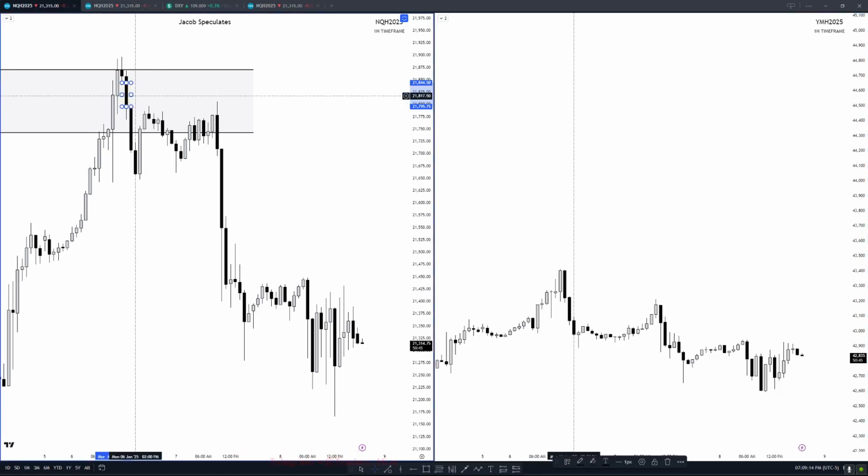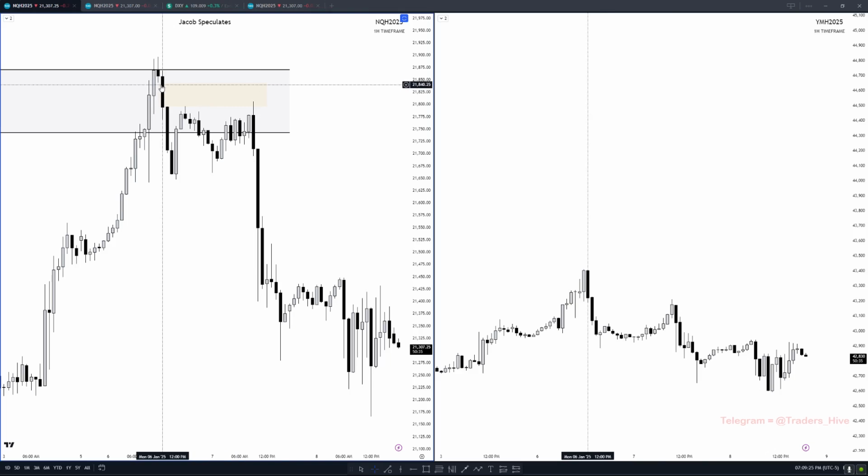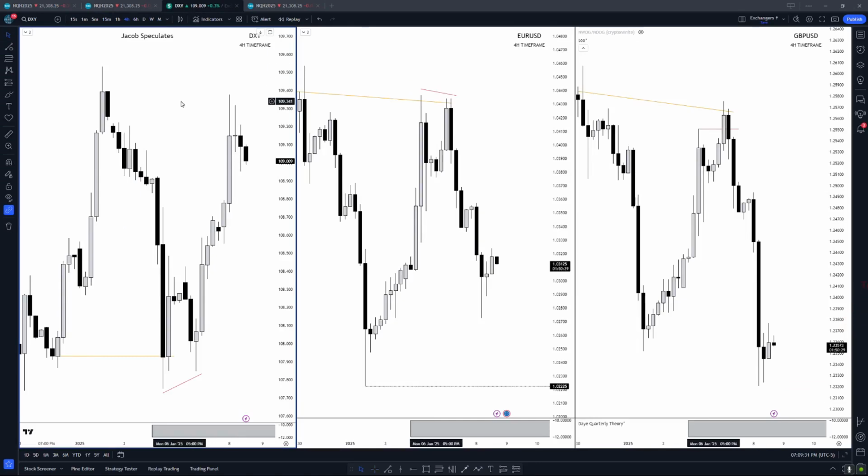Where price retraced was inside of that hourly fair value gap. So we're going from a daily key level to an hourly fair value gap that formed within that daily key level, which follows along with the time frame alignment. So does that make sense for everybody?